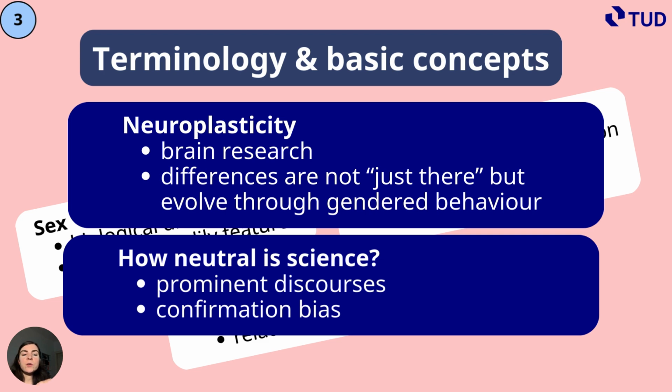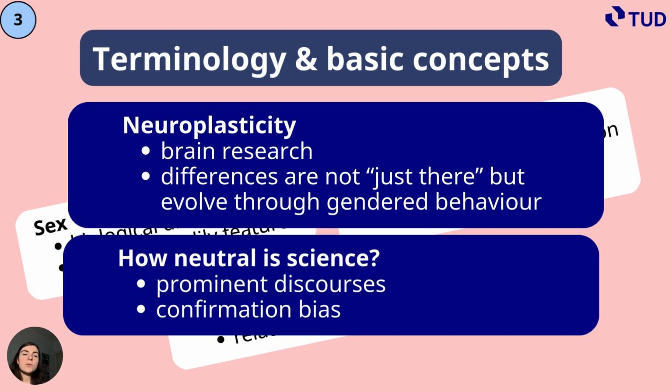And also the question of how neutral is science actually? Yes, science tries to stick to the facts, but on the other hand, we do have prominent discourses. We do have the idea of this gender binary, and if you look for sex differences, then you basically look for that binary distinction. You're not looking at it in a neutral way. You're not looking at it in the sense of, okay, what material do we have? What could come from that? But rather, does this emphasize the existing distinction? So basically, you have something premediated in mind.